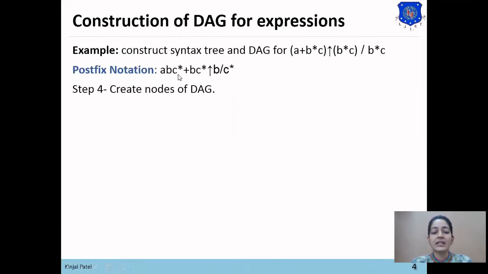So B star C is repeated 2 times, and for this common sub expression we won't create the nodes in DAG.